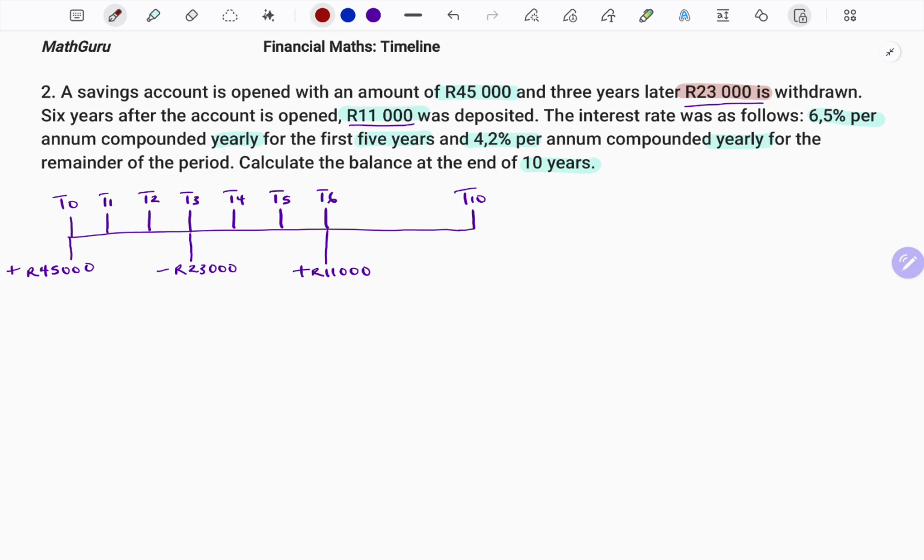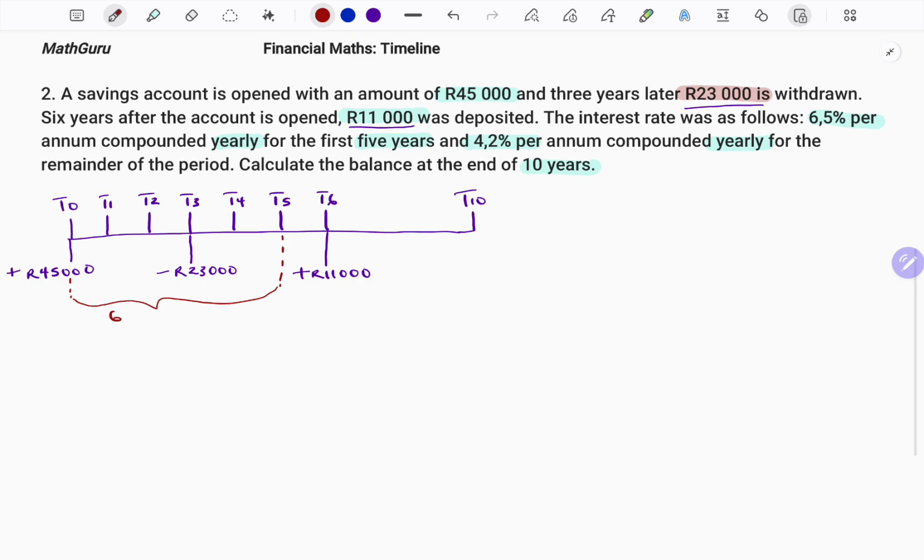Now let's put in the change in interest rate. For the first 5 years, we have 6.5%. So I'm going to draw from T0 to T5. That is going to be the interest rate of 6.5% yearly or annually. And then for the rest of the years, I have 4.2%. There was no change again, so the rest of the years, meaning that ends at T10, is going to be